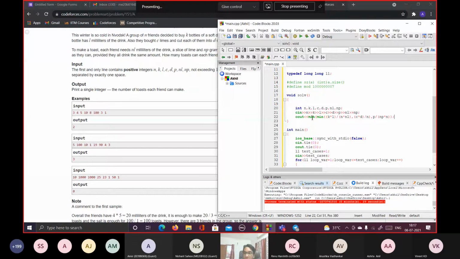So what I did here is basically I needed to find a minimum of 3 numbers, but the min function can take only 2 numbers as an input. So I found the minimum of the first 2, and then again I checked it for the minimum of the third. So it's basically going to give me the minimum of the 3 numbers. So yeah, I think the solution seems to be correct.